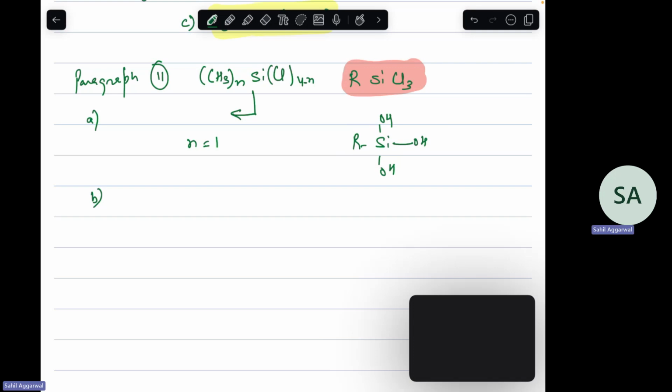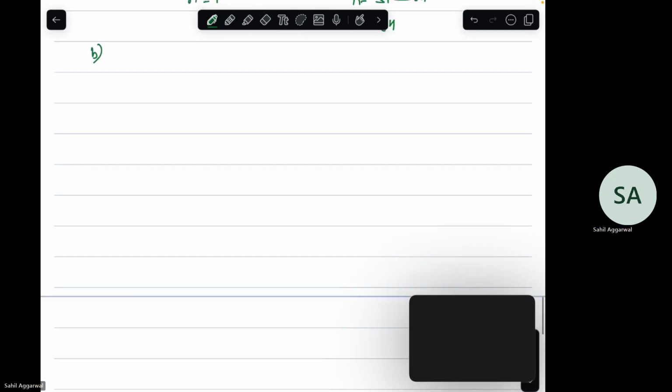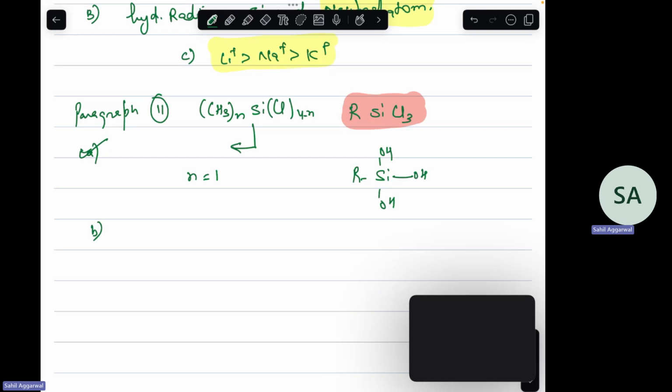When water is eliminated from the terminal OH groups of linear silicones, it gives cross-link. No, it will give linear polymers. तो गलत दिया हुआ है, सी ऑन डी रिवर्स हो रहा है, और बी वाला भी गलत दिया हुआ है बिकॉज इट इज RSiCl3 नॉट R3SiCl। ए ऑप्शन वुड बी करेक्ट।